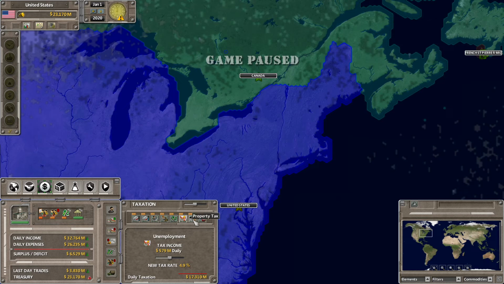The worst two taxes that stand by themselves that are easy to cut are actually property tax, which doesn't earn you a whole lot to begin with, and pension tax. Now, the property tax, if I were you, is the first one I would cut if I cut any of them, because the rates themselves aren't very much, the income isn't very much, and this not only has the downside